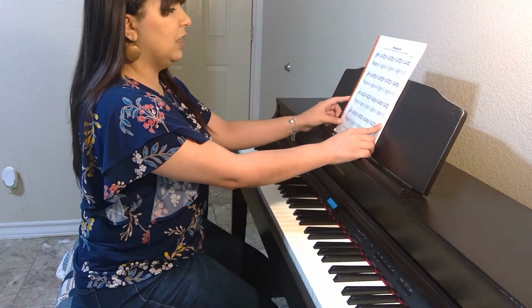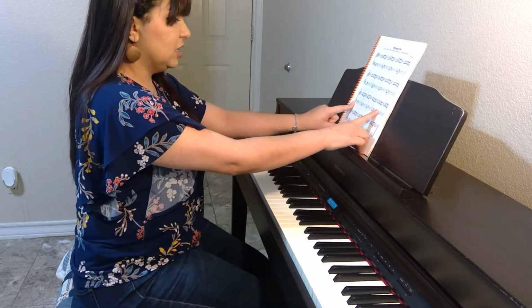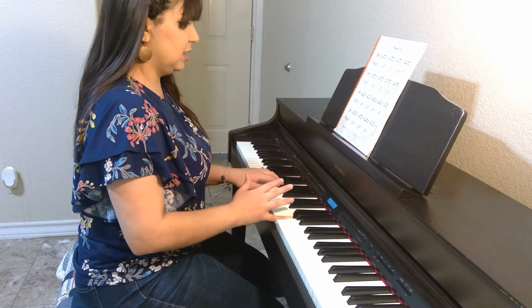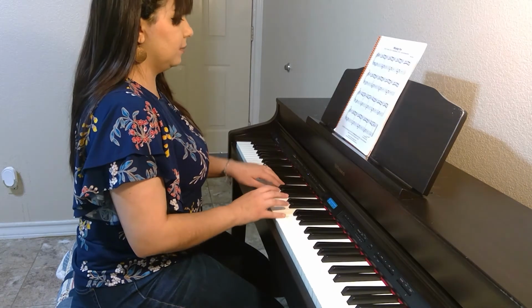I'm going to go ahead and play measure 9 all the way to measure 12 so you can hear what that sounds like. So I'm going to play it with my left hand, but I want you to focus on the right hand, starting on G. Okay, so we have C, G, measure 9, ready, and...